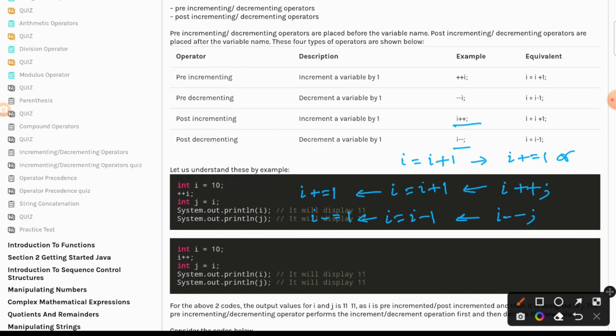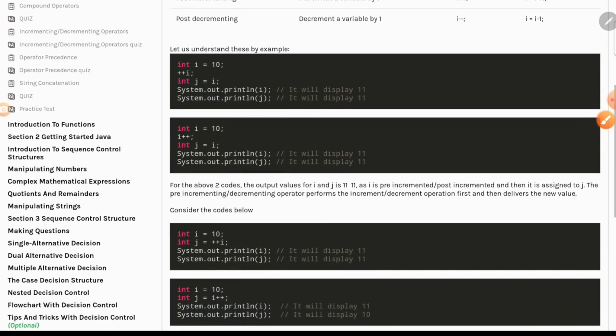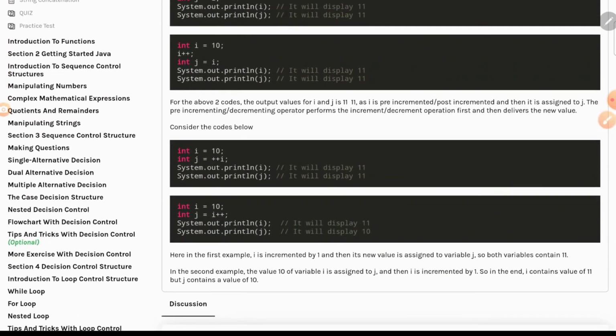Now, there is another version of it. Rather than incrementing after using the value, we increment before we use the value of i, and that is the difference. So let me tell you what really happens. If you look at this example,